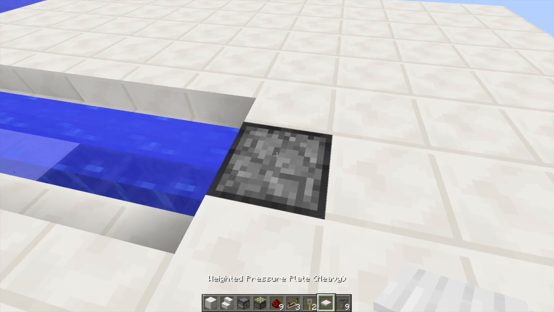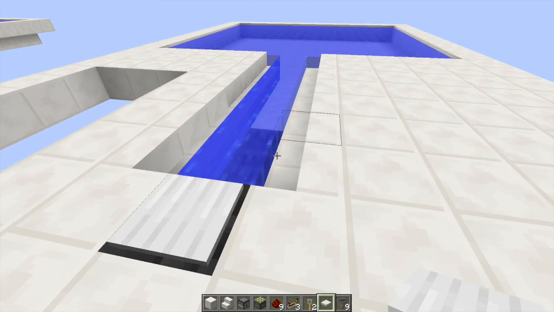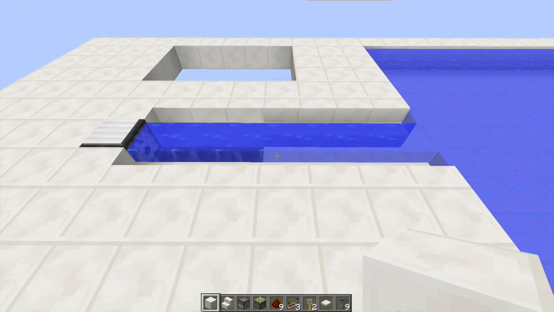Okay, so I forgot, you got to put a pressure plate on top of the dispenser right here. So that's just going to take care of that, so that you can get your boat dispensed. And yeah, the next thing you got to do is set up your tripwires, which are going to activate the